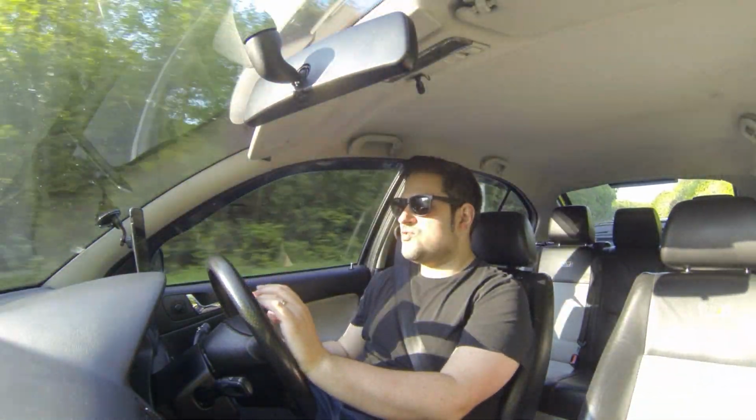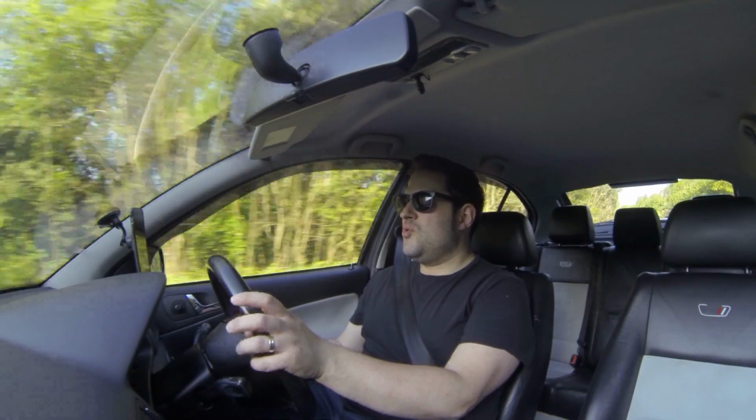I think it's a really great car. I think it's very much an underdog. People don't realise how good the car is until you're driving one. I must admit, I used to see them when I was younger, and I didn't really give them a second look. And then I just started looking at them more, took them out for